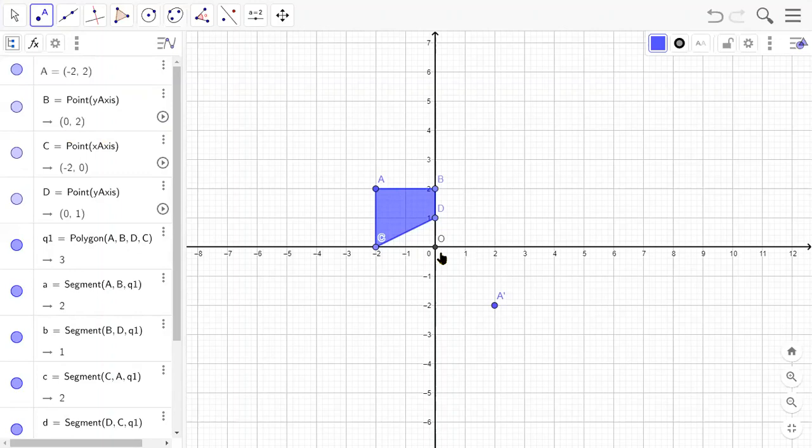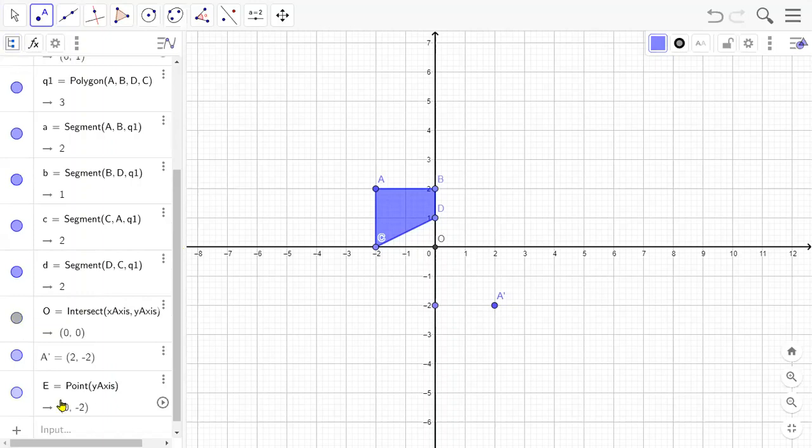Okay, let's find out the point 0, -2. 0 means no movement on the horizontal axis. -2 means moving down by 2 units. Okay, and this will be the point 0, -2. And what will be its name? It is just B dash. Okay, this is just B dash.